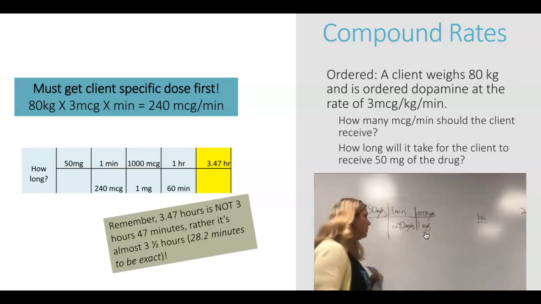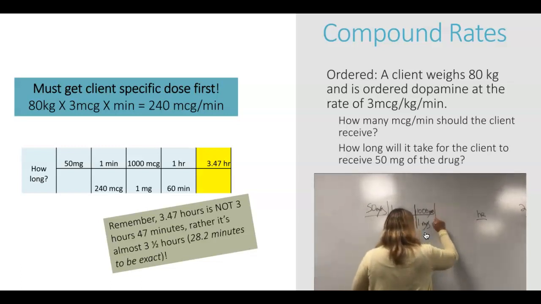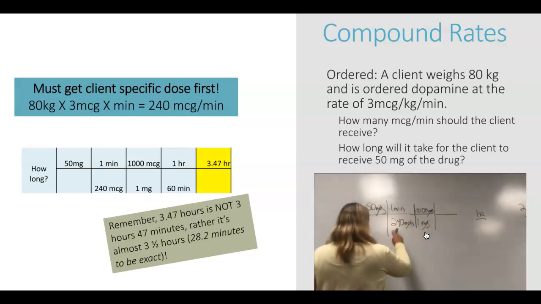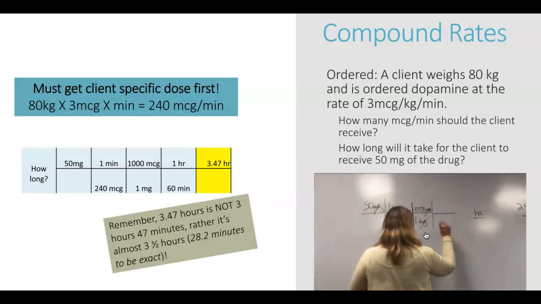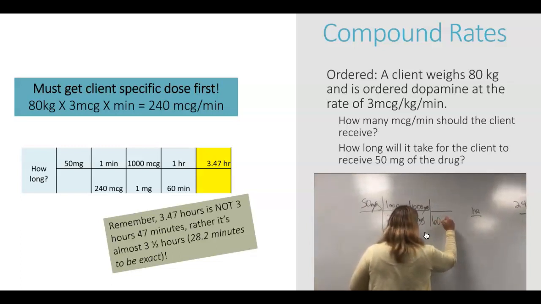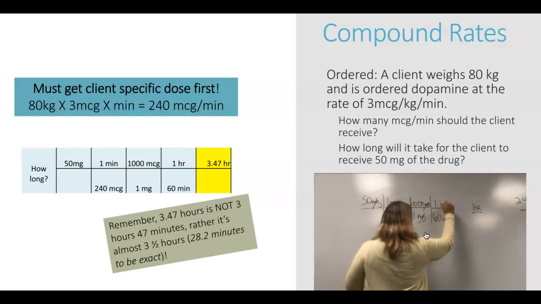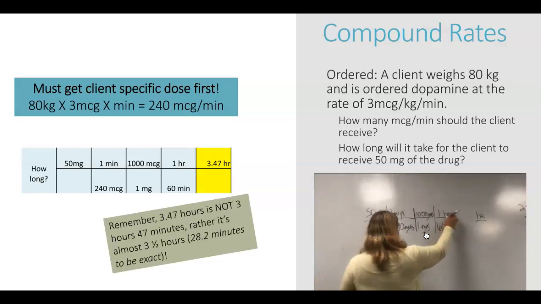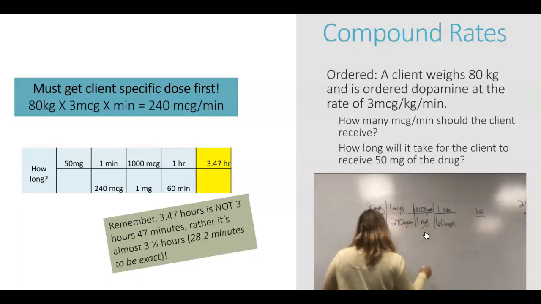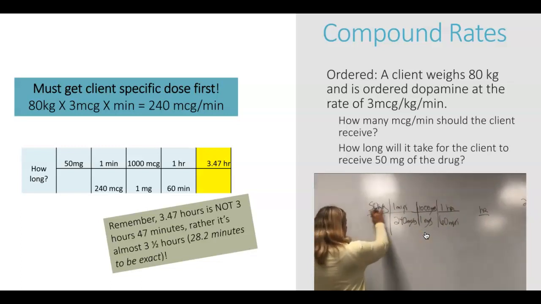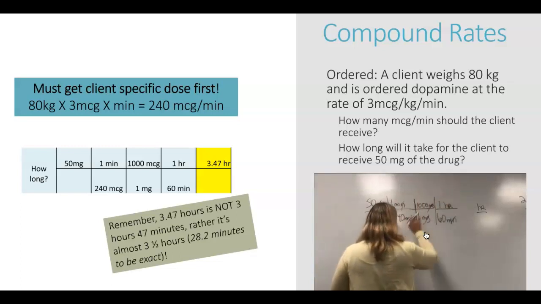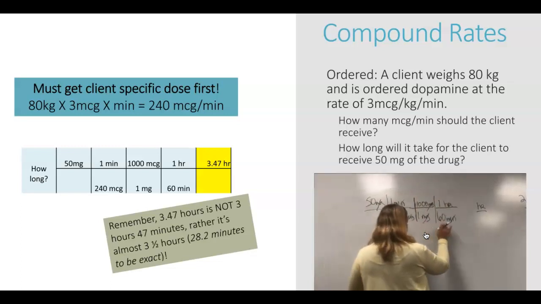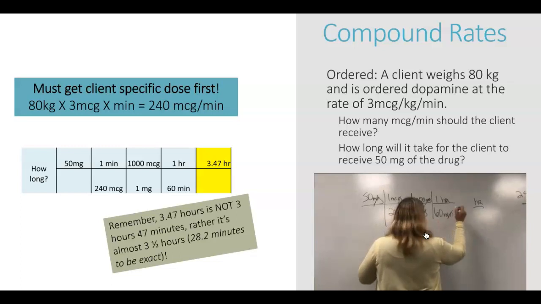So I have to add one more thing in there to get just hours. I've got 1 minute up here. To convert that to hours, I've got 60 minutes in 1 hour, now my minutes will go away. It looks like I built my problem correctly because I'm left with just hours by itself on top. So we'll do the math: 50 times 1 times 1,000 times 1 divided by 240 divided by 1 divided by 60. And that's going to be